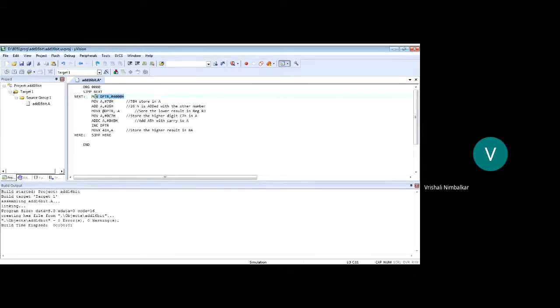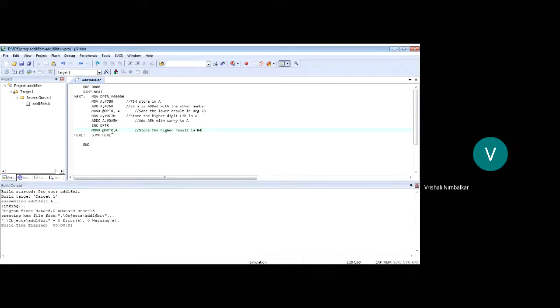But see, this is a 3-byte instruction, whereas increment DPTR is a 1-byte instruction. The same thing is done by a 1-byte instruction. Now DPTR becomes 4001. So wherever DPTR is now pointing, save the higher result. Done. So we have saved the data in external RAM.